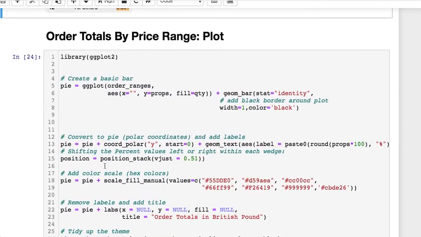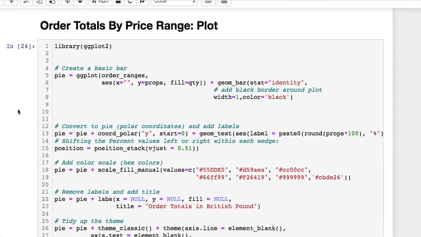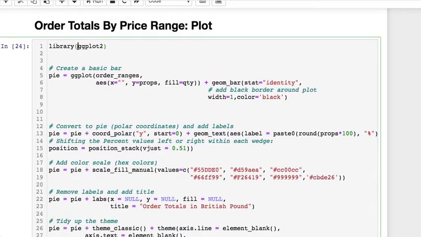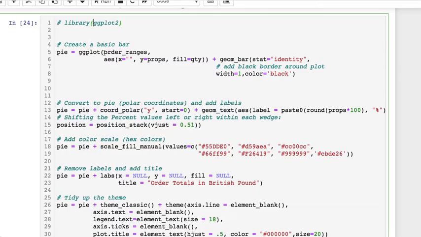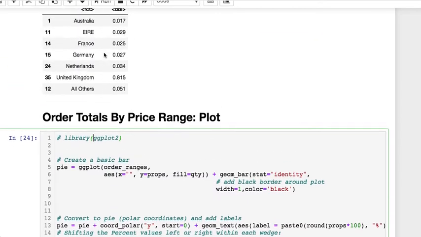Then we need to call ggplot2, which I called above, but I was just letting you see here so you know what's going on. And you need to call this plotting, where we're taking our